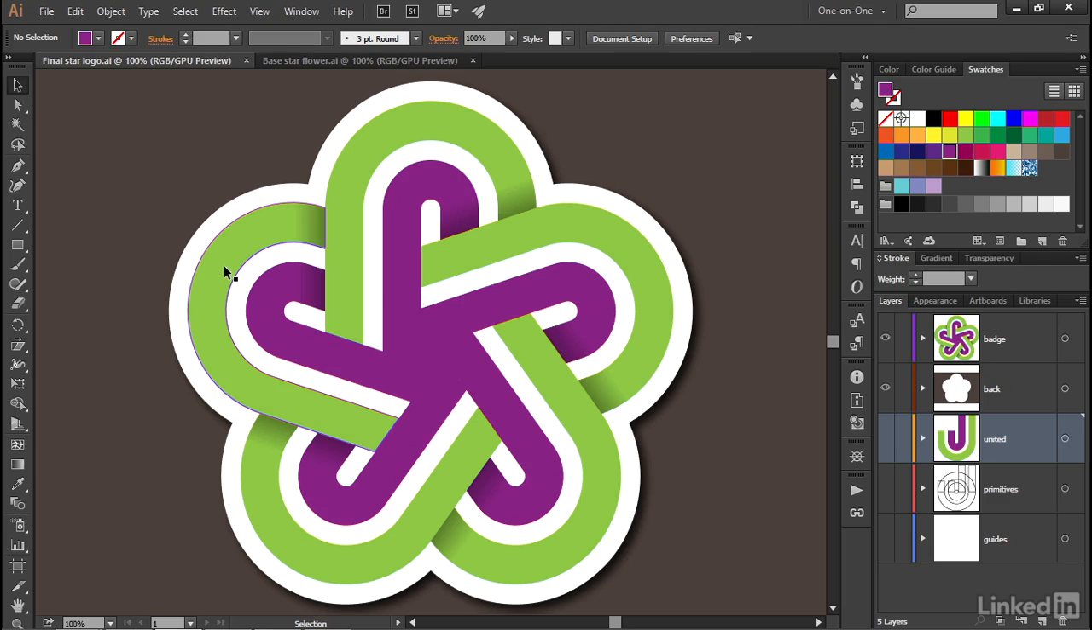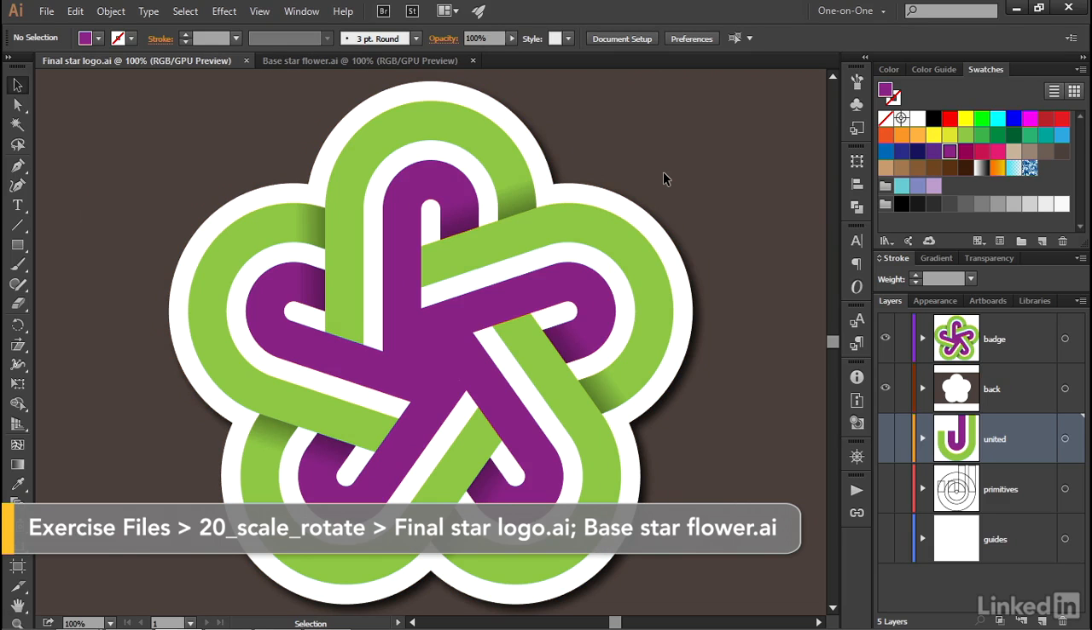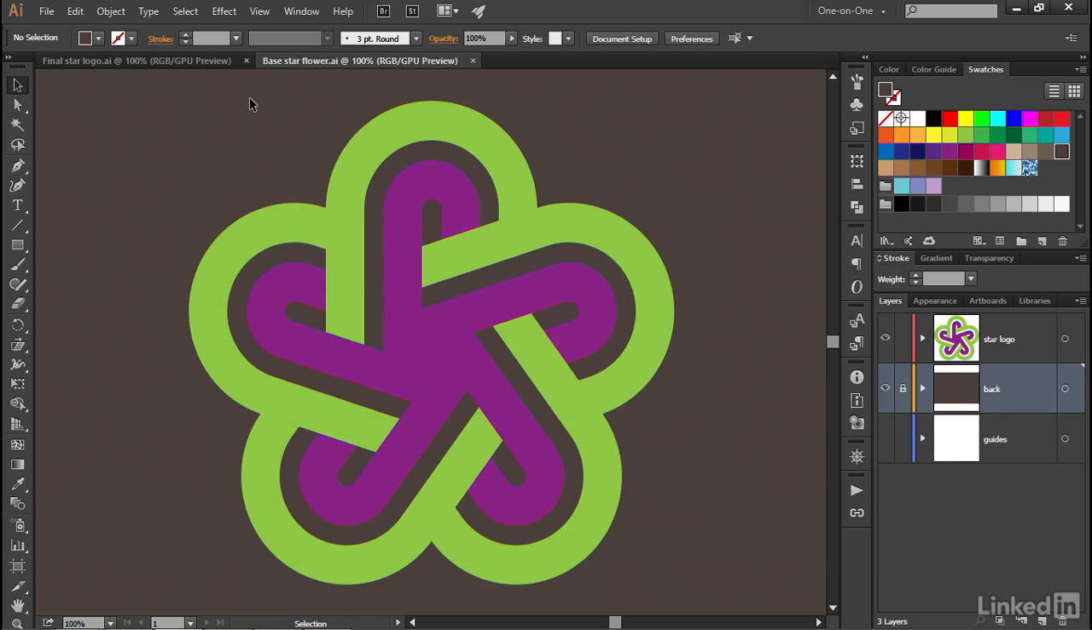In this movie, we're going to expand these green shapes in order to create this white one, and we're going to do so using a special scaling function known as offset path. And so I'll go ahead and switch over to my base star flower,